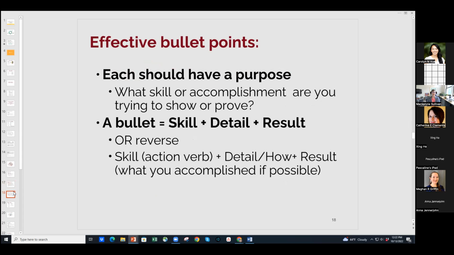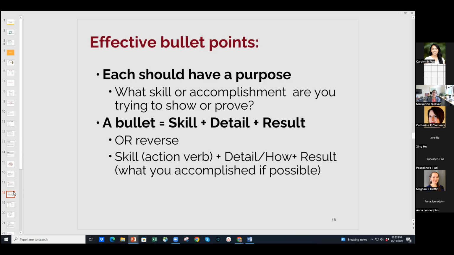Effective bullet points. So when you are deciding what to include on your resume, when you are writing a bullet point, if you're going to say, I have been the instructor of record for a course, what should you include in there? If you include in there things like instructor of record for social sciences 5902, that means nothing to the reader, right? They're like, I don't know what instructor of record is. I don't care what the number of the course is. That doesn't tell me anything.